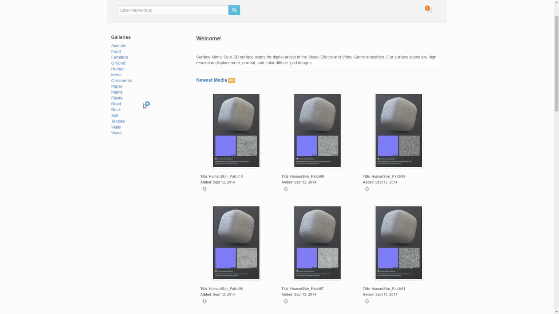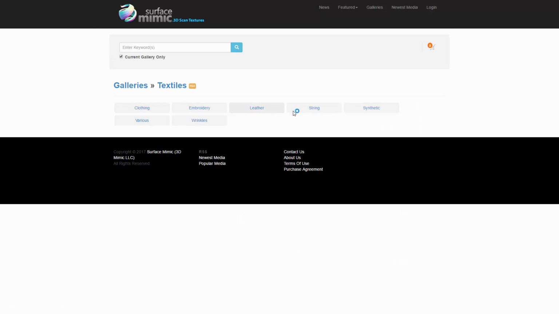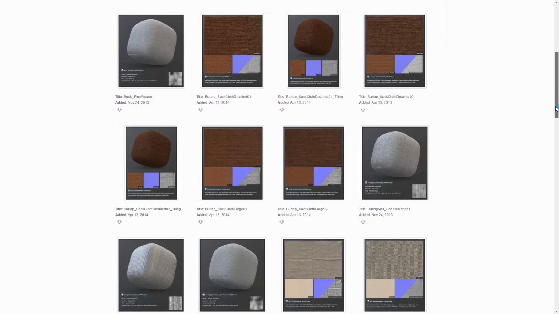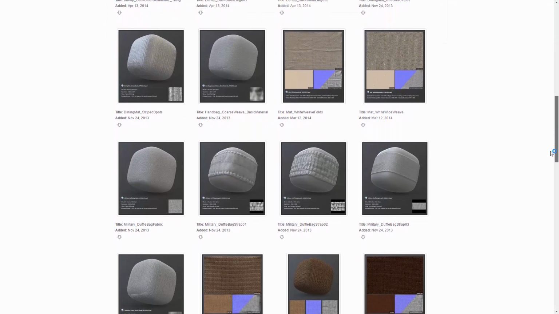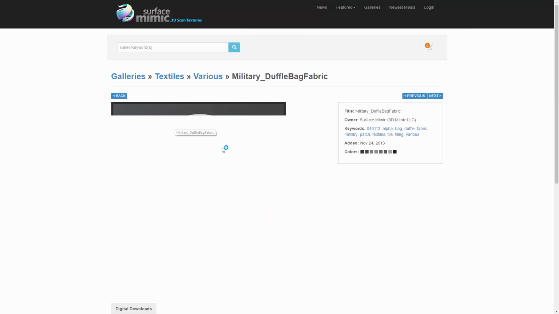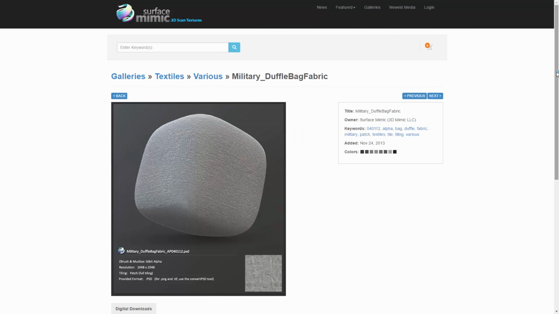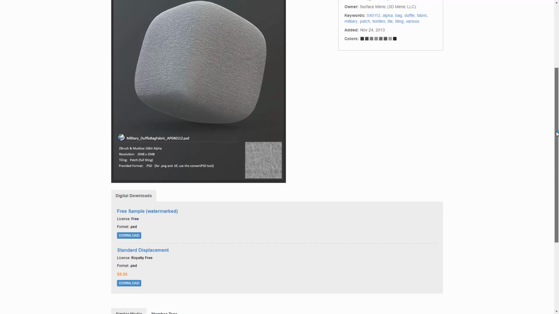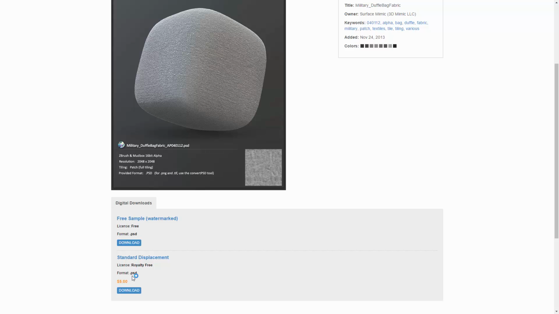And in this case, if we scroll down to textiles, we have a bunch of subdirectories. So let's go to various just for the sake of it. As you can see, they have a good amount of scanned fabric. Let's see, for example, this one. This is pretty good. You can also download a free sample, but it's watermarked, so it's not a good use. But these textures are very cheap. This one is only $5, and you're gonna get a